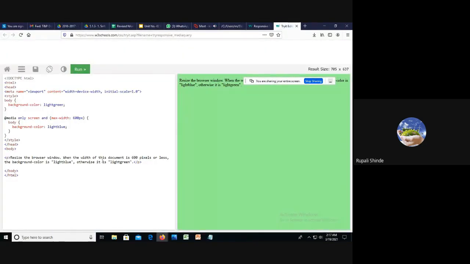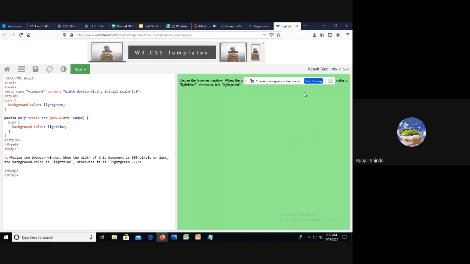Yes, the code is the same. Now the result size, that means the screen size of this output window, is 705 by 635. That means it is more than 600.